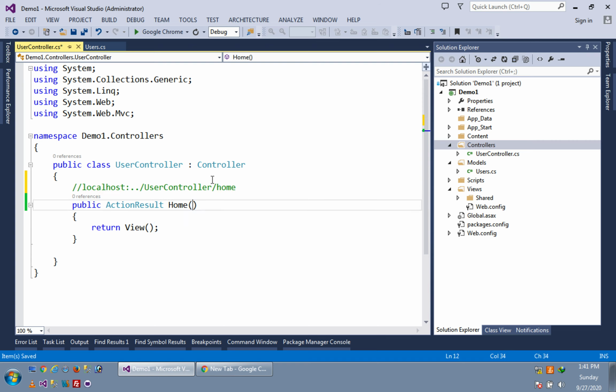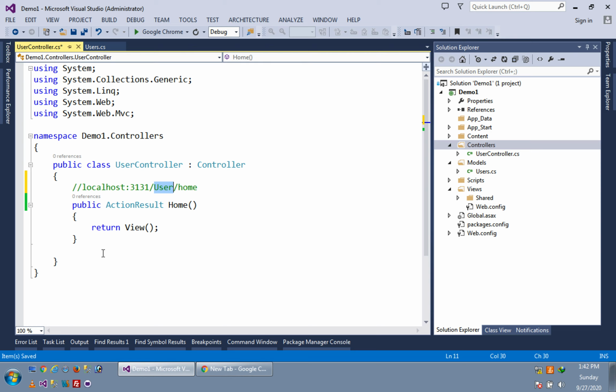Here not user controller, only user. Localhost, then suppose here 3131, then user and home. First it will check the user, meaning it will check whether there is a user controller present or not. This first portion of the URL indicates the name of the controller, but without the word controller, so it will check user only.